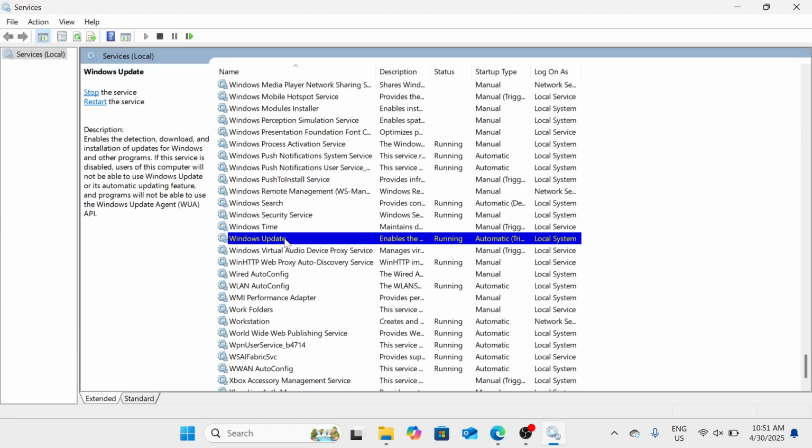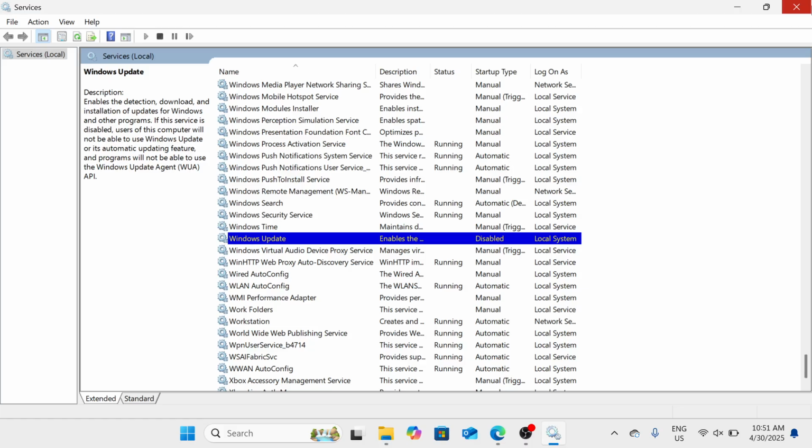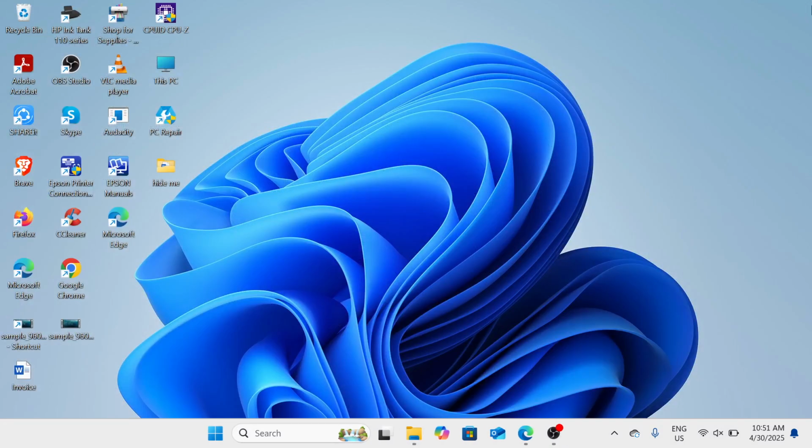Here, all we need to do is just make a right click and then select the properties option, and then set the startup type to disabled. Now, if it's set with another option, please click on the drop down button and select the disabled option. Now once you have done that, please click on the stop button to stop the service, and after doing that, just please click on OK and close the window. The next thing you need to do is to make a quick restart of your device